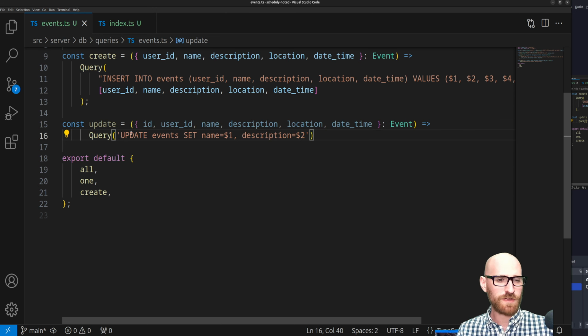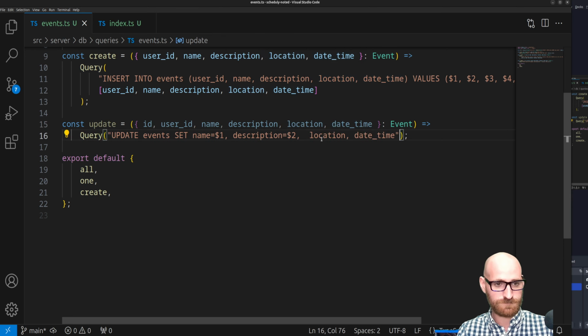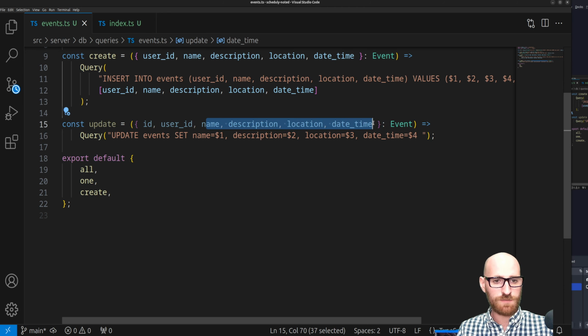And I can't remember if with the update and set syntax, Postgres requires comments or not. I guess we'll figure it out if it breaks or not. All right. So we've got the updatable columns that will pass this data down, and then we'll have the ID